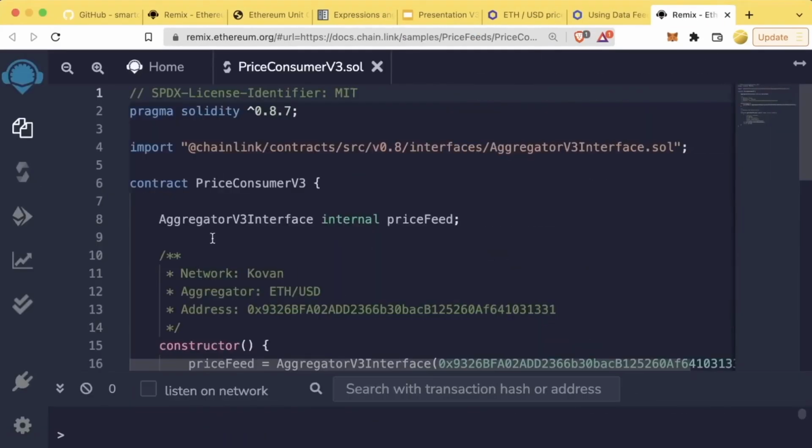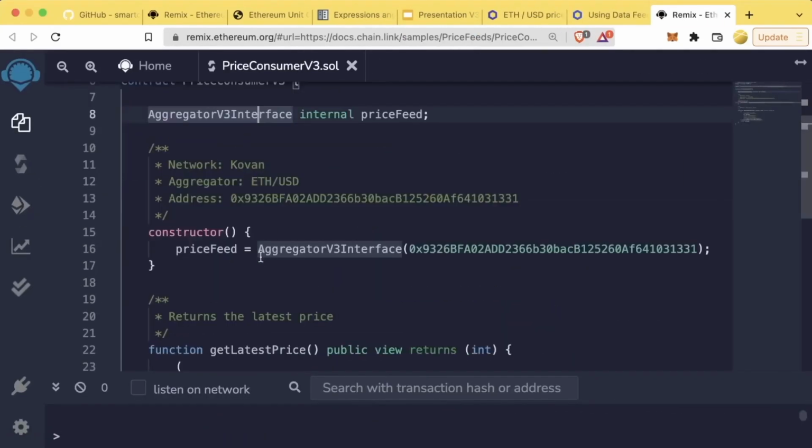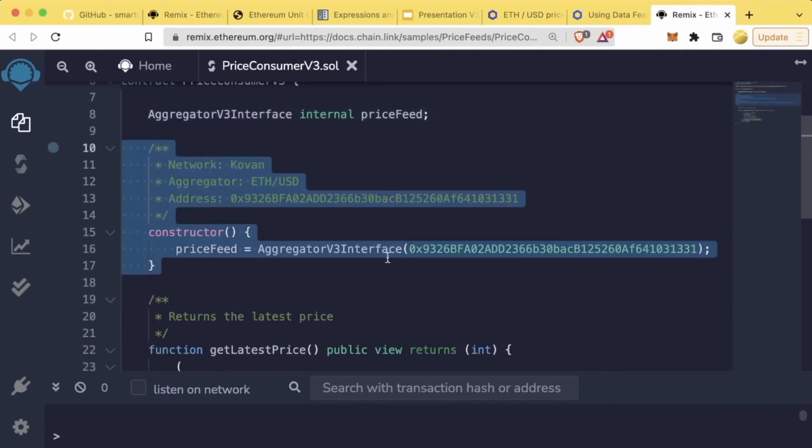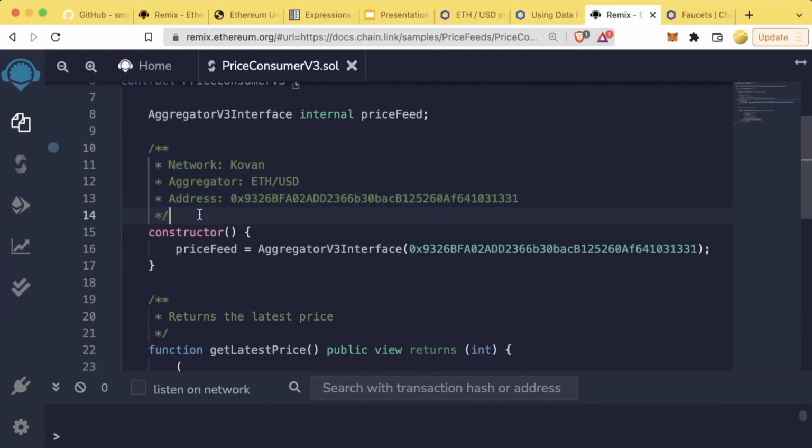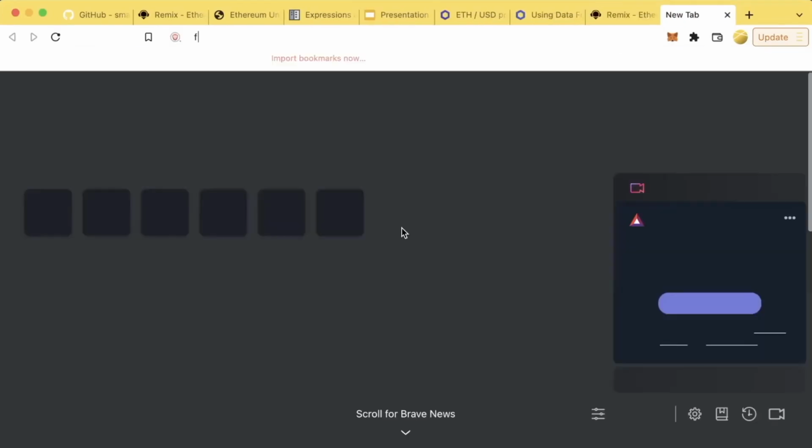We can even open this up in Remix and work with it in Remix. It looks like this example is reading from a price feed on Kovan. The reason we're actually going to use a testnet to see this work is that there's a set of Chainlink nodes monitoring the test network to show you exactly how this works out. Once we get deeper into the course, we'll show you how to actually run tests and work with Chainlink nodes without actually being on a testnet, which will make your development much faster. But I highly recommend walking through this section along with me so that you can see firsthand how this actually works. So let's go ahead to